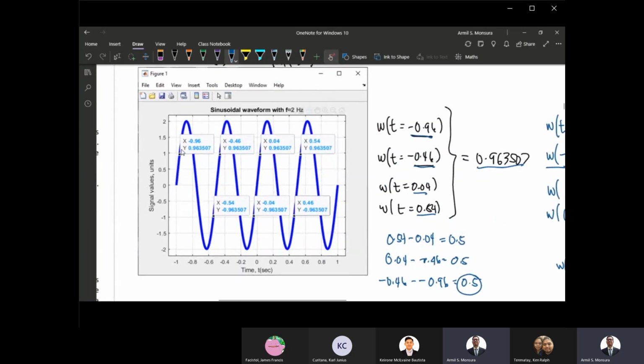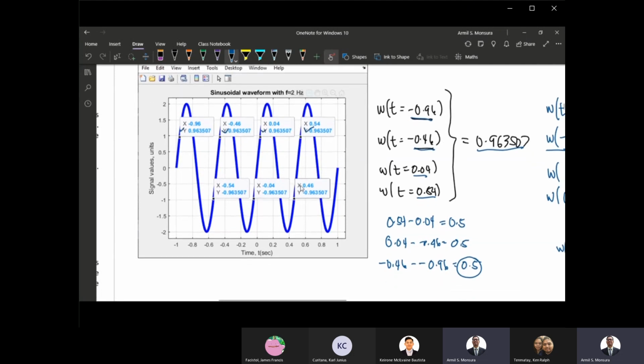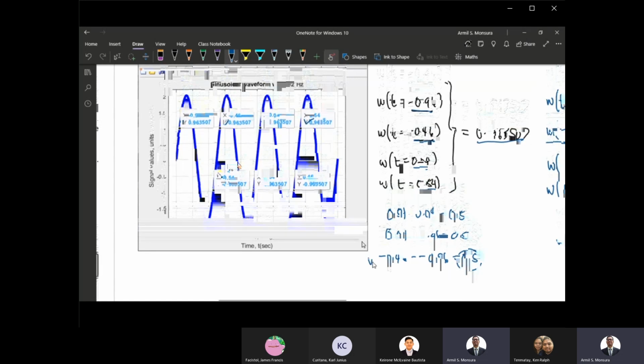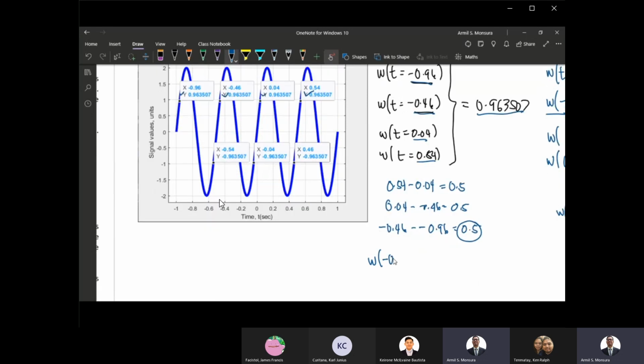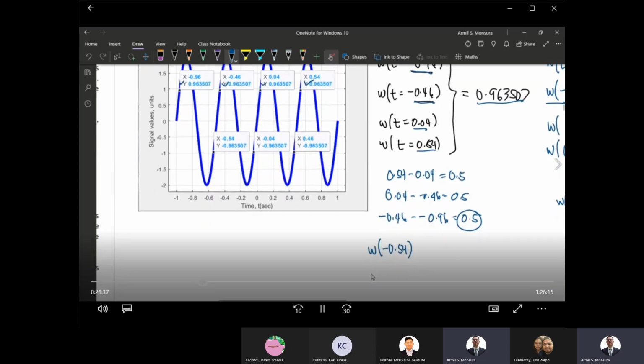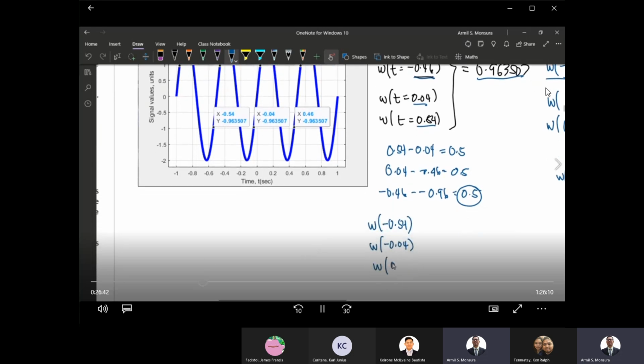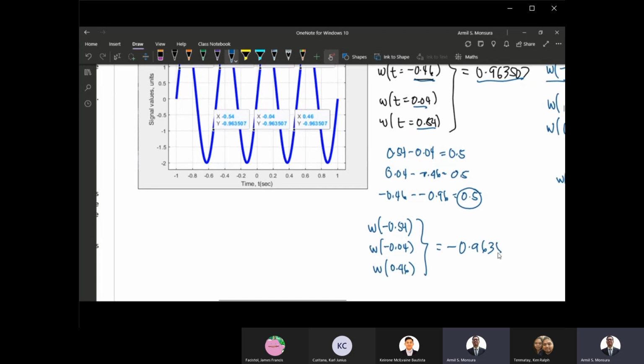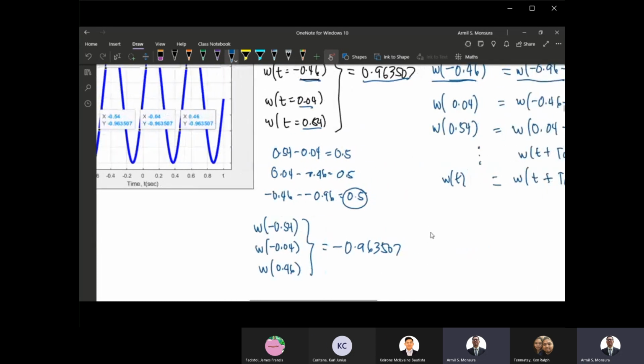Pwede rin kayo pumili ng iba pang time. Say, for example, ito. So, yung value ng waveform ninyo at negative 0.54, yung value ng waveform ninyo at negative 0.04, tsaka yung value ng waveform ninyo at 0.46, lahat yan equal sa negative 0.963507. Okay? So again,